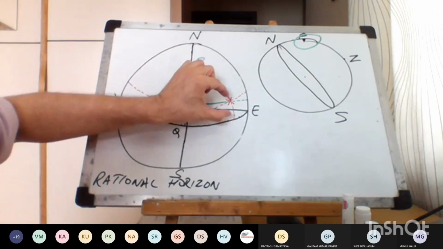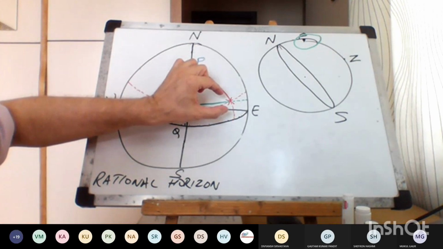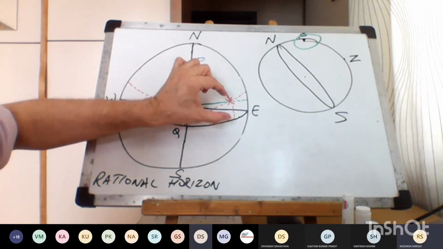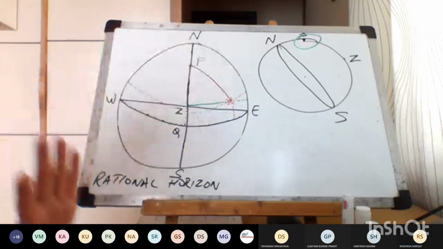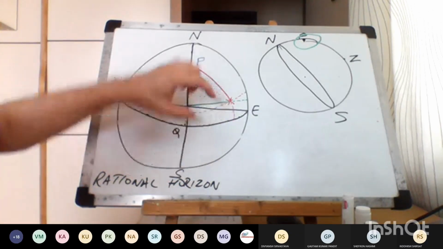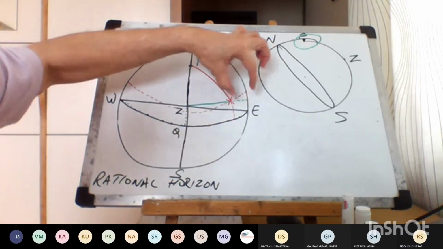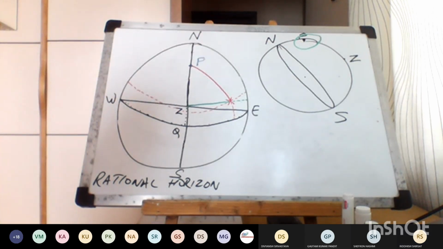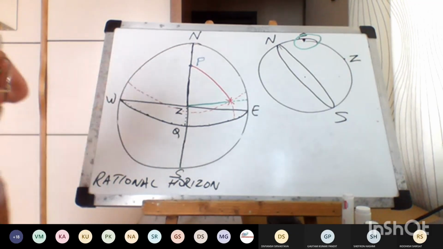मेरे को डेक्लिनेशन कहां से मिला? एल्मेनाक से मिला फॉर अ पर्टिकुलर टाइम, तो PX मिल गया मेरे को फॉर दैट टाइम। जब हम साइट लेते हैं, हम घड़ी का टाइम नोट करते हैं ना, क्रोनोमीटर से क्यों नोट करते हैं? ताकि डेक्लिनेशन ले लें, और उसी से हमने ऑल्टीट्यूड ले लिया सेक्सटेंट से, उसको 90 माइनस किया तो हमको ZX मिल गया। हमारे पास DR लैटिट्यूड है तो PZX मिल गया।